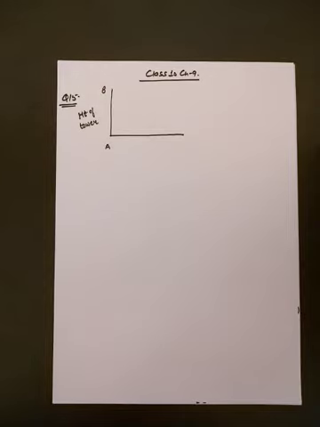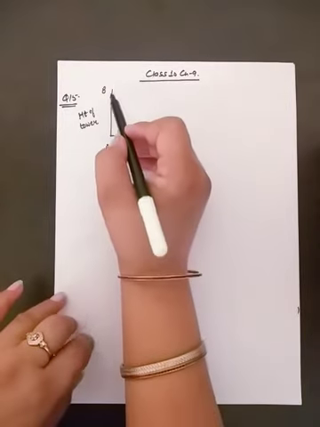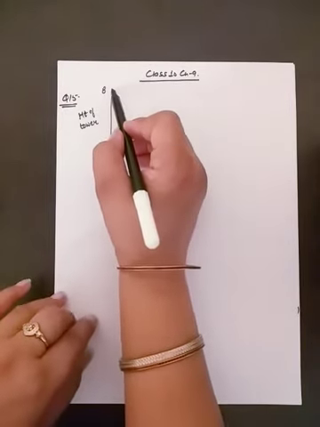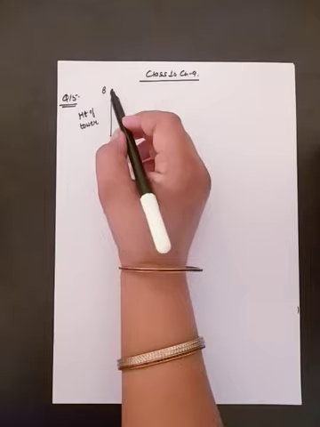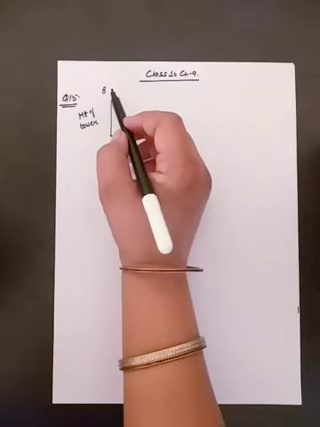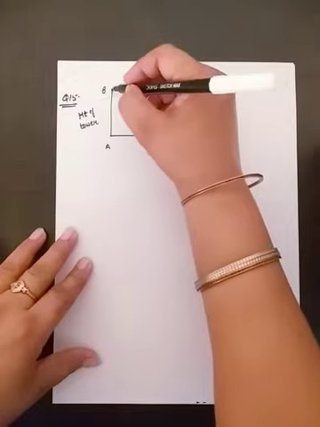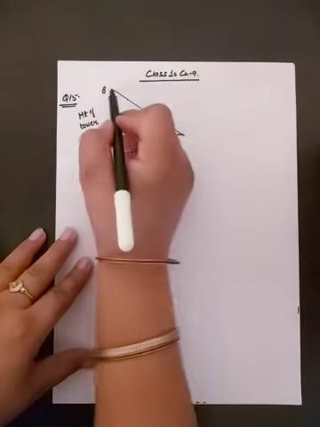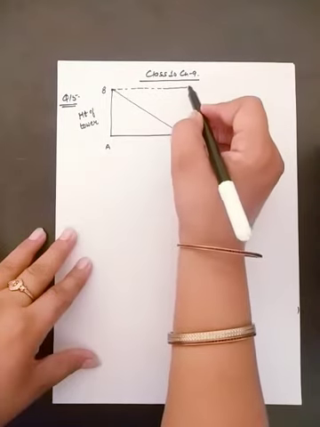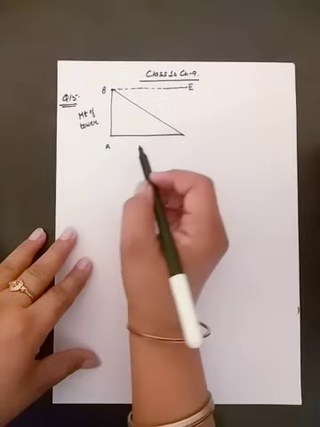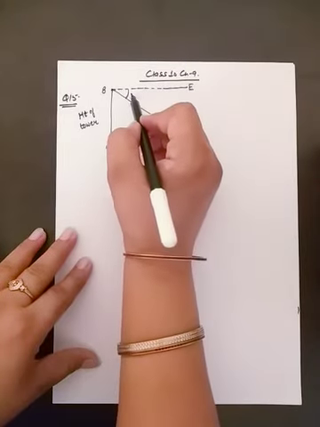A straight highway leads to the foot of a tower. A man standing at the top of the tower observes a car at an angle of depression of 30 degree. So we can say that AB is the height of the tower, where B is the top of the tower, and a man is standing here, and he is observing a car. An angle of depression for the car is of 30 degree. So we can say here BE is the line of sight and angle of depression is 30 degree.